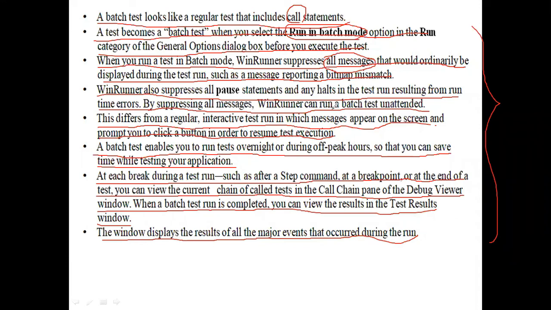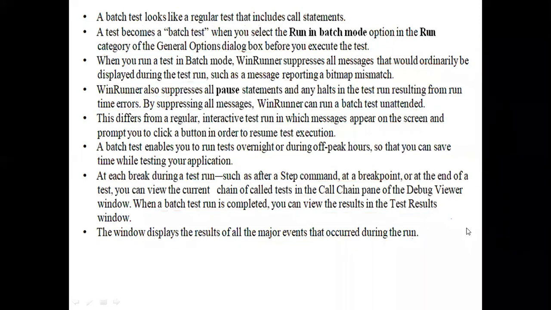And batch tests enable you to run tests overnight or during off-peak hours so that you can save time when testing your application. Why? Because these test runs call another test script, so it takes more time. So this is about batch testing.